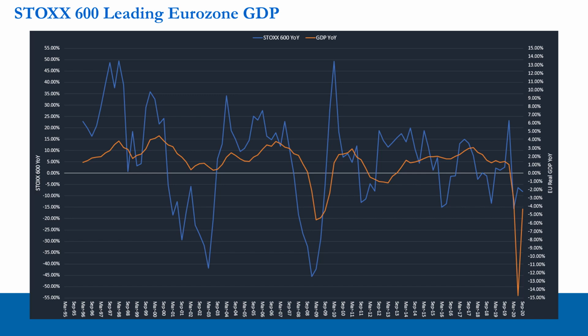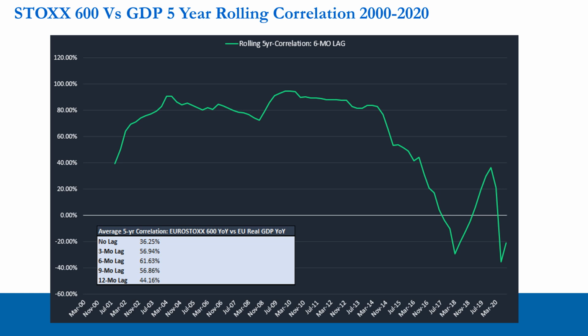And then the index, the Stoxx 600, even though GDP was reported as positive for that period, 2015 to 2019, the index struggled on occasions to keep up with GDP growth and put in year-on-year positive percentage returns. So this has actually had the effect of breaking down the correlation of the Stoxx 600 versus Eurozone GDP growth.